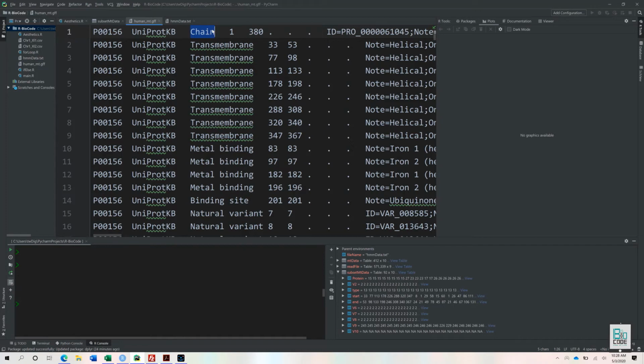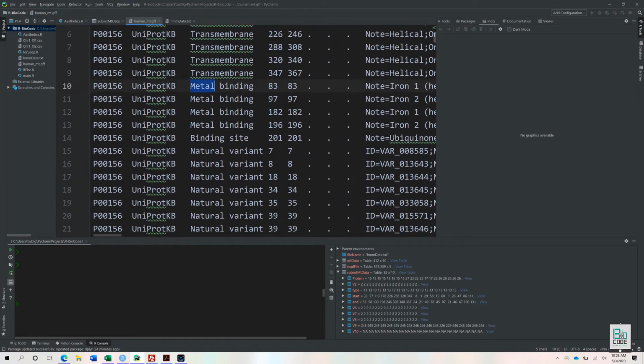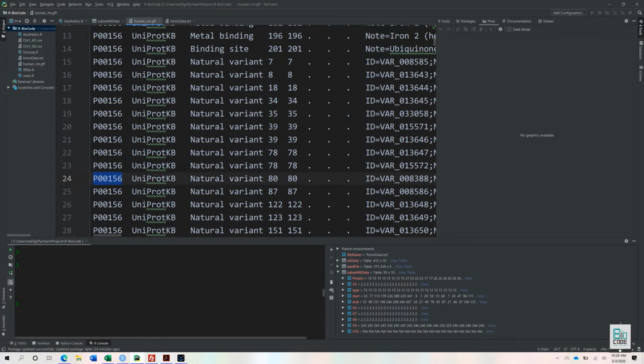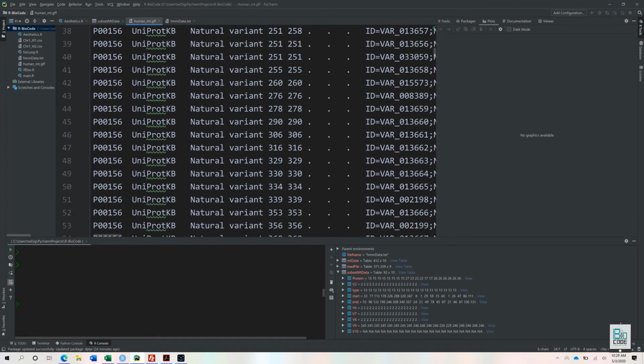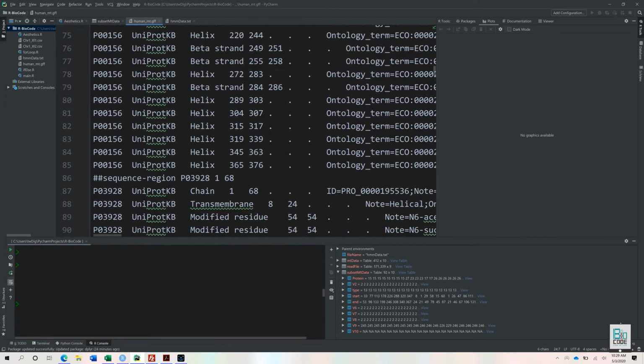For example, the chain, the initiation point at the start or the end, and then whether it's a transmembrane region, metal binding properties, binding site. This sort of information is provided for each protein. Each accession is provided, and if we go below, you can find other information as well. For example, beta strand, helix.